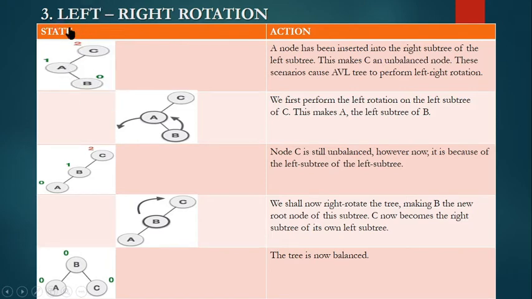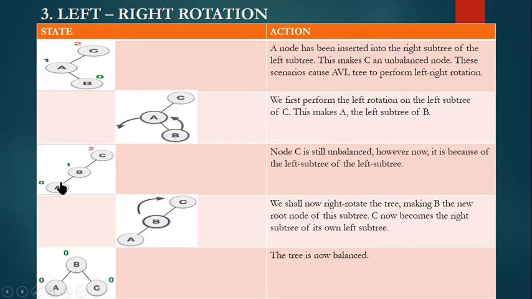That is your first thing. We have to make a left rotation. If you make a left rotation, consider only A and B. A comes down and B comes at the top. Look here, A comes down, B comes at the top. Now, C is still unbalanced. Now, you can see all are placed at the left side.